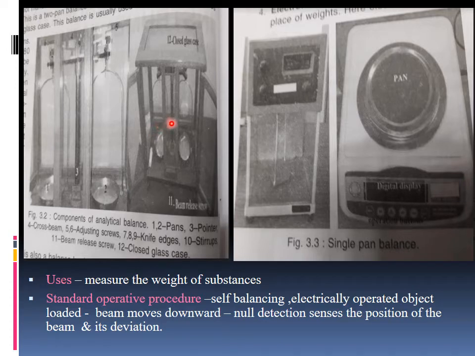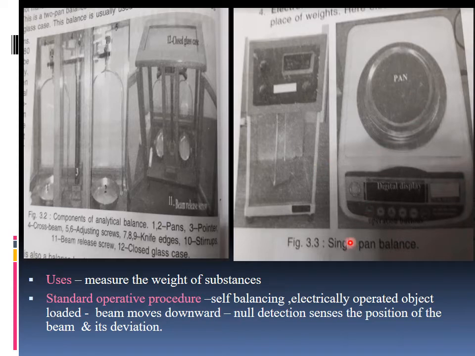The electronic balance is a two pan balance. See here, this is a single pan balance. Definitely it is electronically operated, but there is another type of electronic balance which may be a two pan balance. Over there the electromagnetic force helps the balance beam to return to its null position. Now here is being displayed the single pan balance. Now this is more important. Look at this picture very properly, because this is the balance which we usually use in the biochemistry labs. This is a single pan balance.